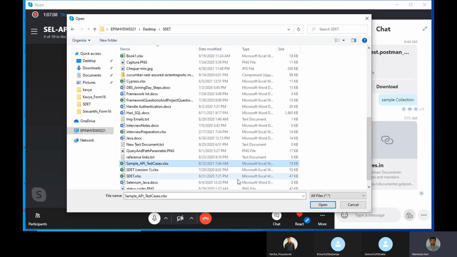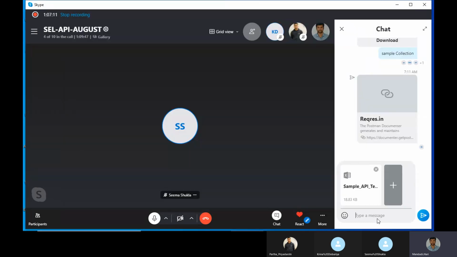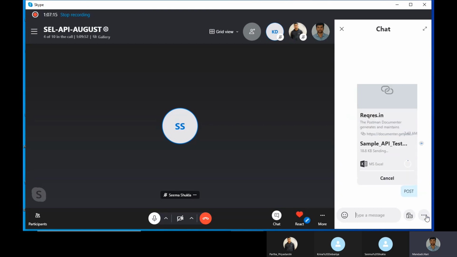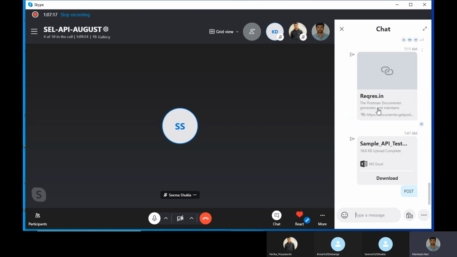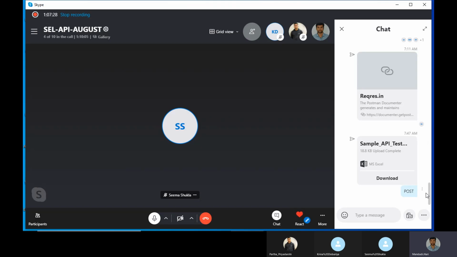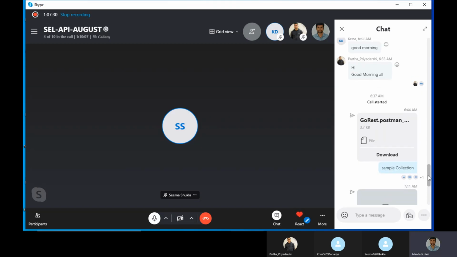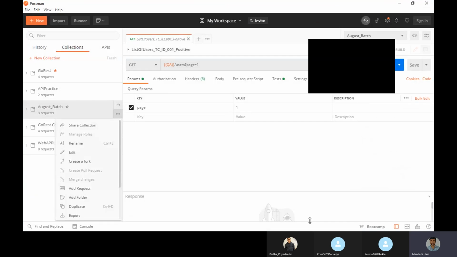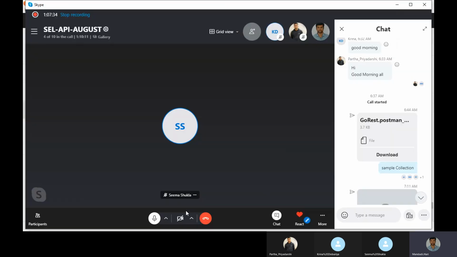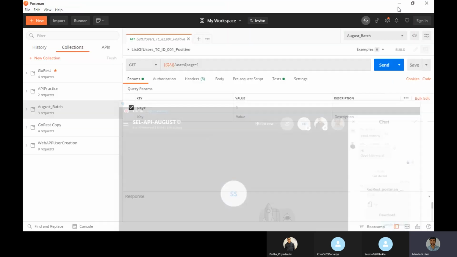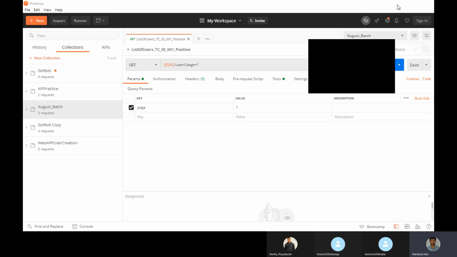In this, go to the second sheet and try to write 2 to 3. Here you have the result details. What is the endpoint? In the Excel sheet you have the endpoint details also.